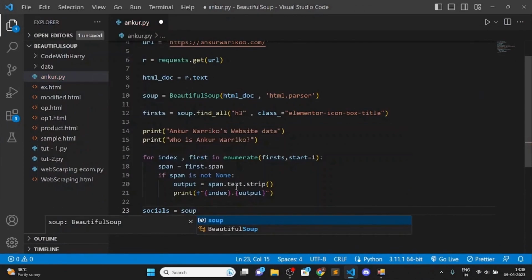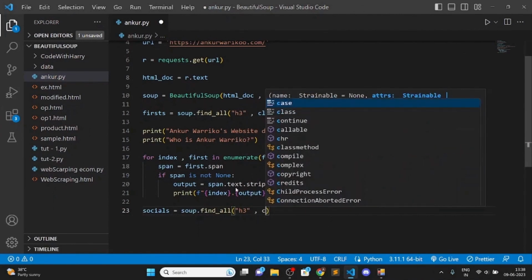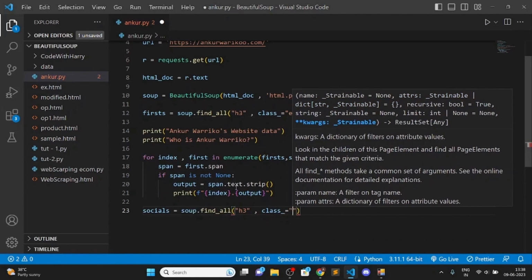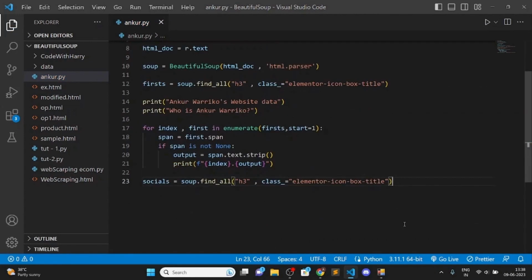which will be soup.find_all. Then we'll find all the h3 tags with what class? With this class. Okay, and then to scrape those links, we'll create one more variable named links, and then